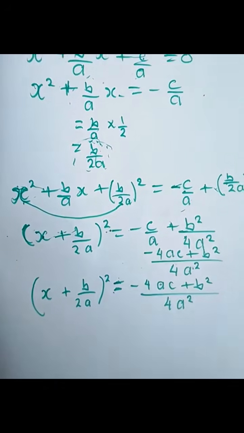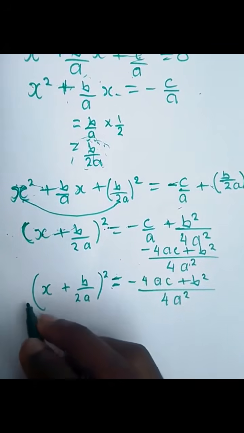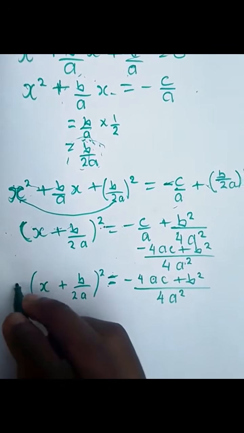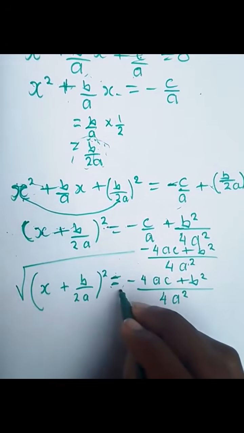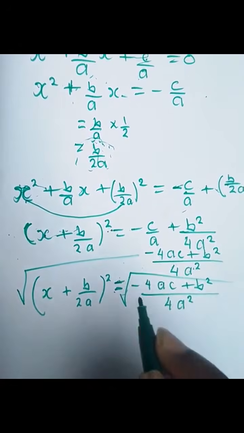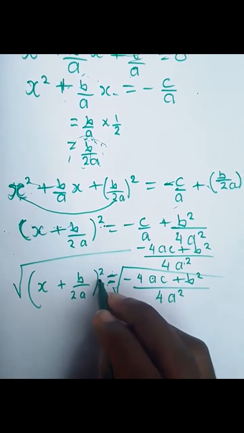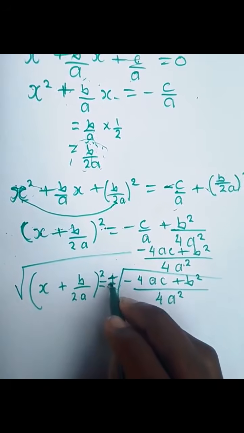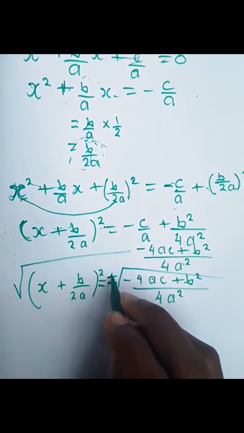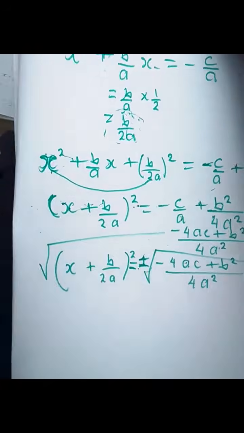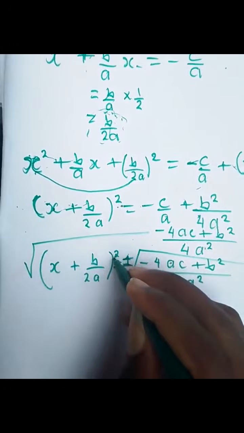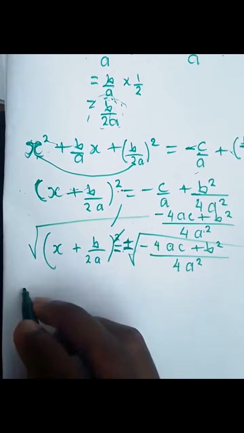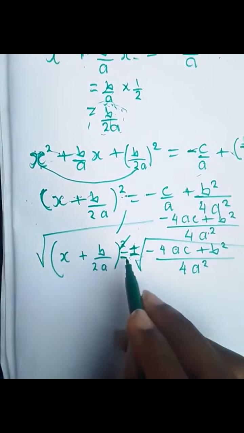So now listen, I'm looking for x, right? And for me to solve for x, I need to introduce square roots on both sides. And whenever you introduce square roots on both sides, you automatically have plus or minus. Let me just write them properly now. So first of all, this power 2 and the square root will cancel. So on the left I'm just going to remain with